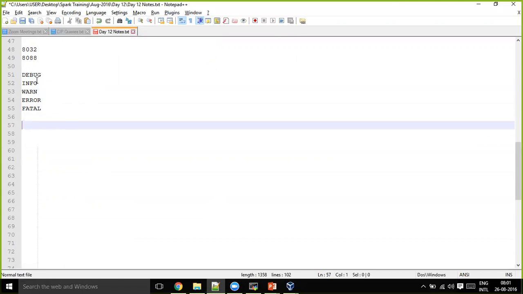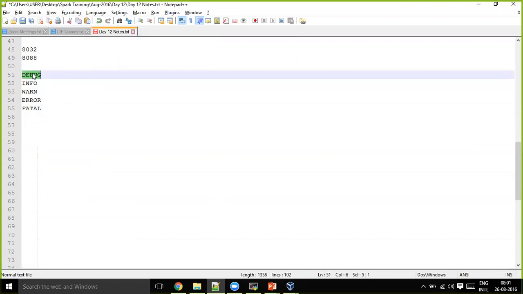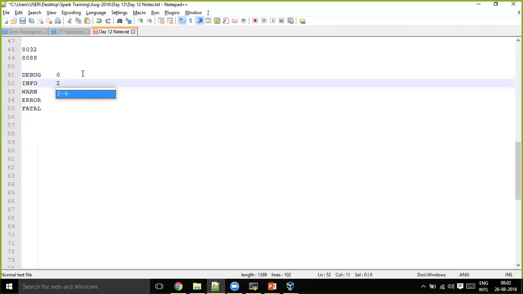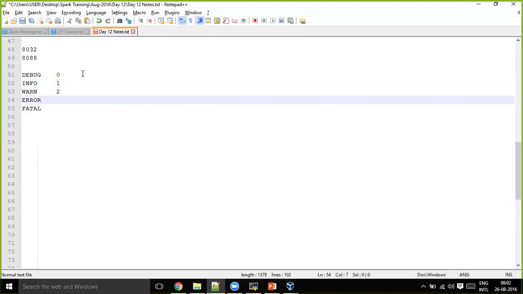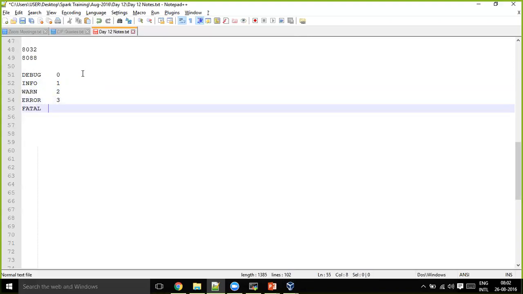If you set your logging level as debug, you should treat them as level 0, level 1, level 2, level 3, and level 4.